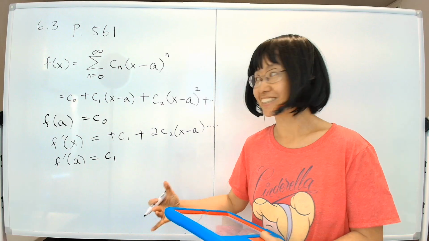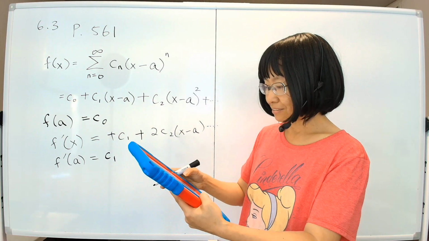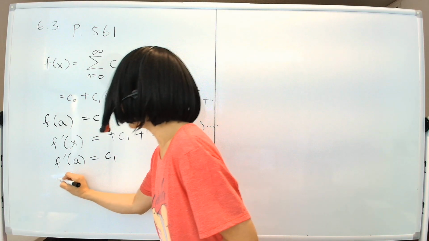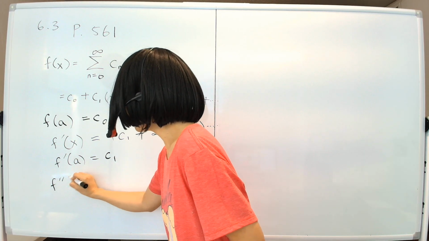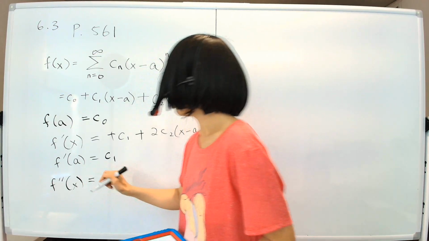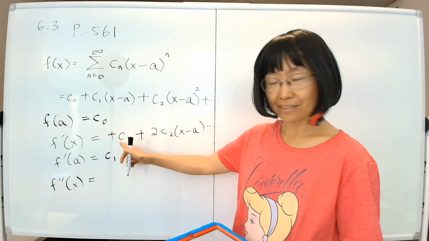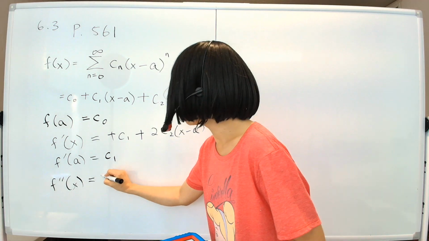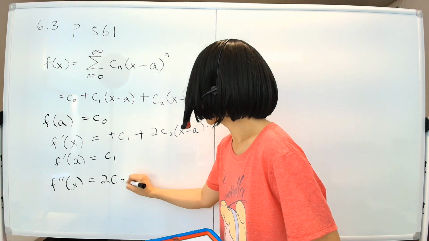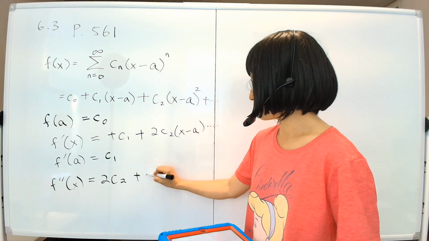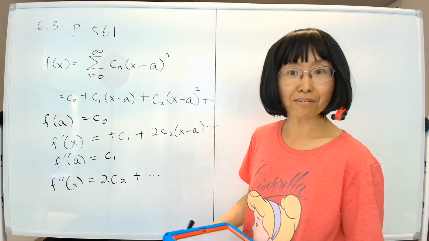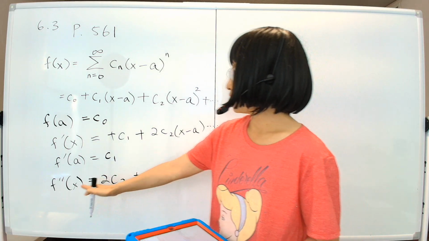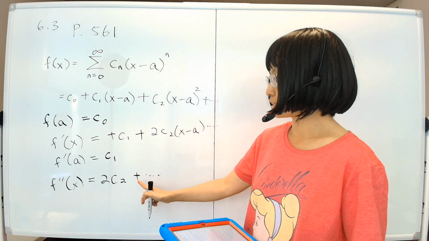See, now you see where this is going. So we keep doing that. So next, let's do the next derivative. So we do the second derivative, f double prime of x, and that equals, so that disappears if we take the derivative of this function, okay? And then this becomes 2c2, and then plus other stuff. Okay, and it will go on, of course, and we know how to do that. But I will stop here to show you that f double prime is equal to 2c2, and if you